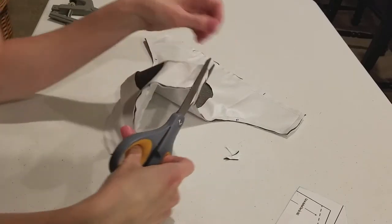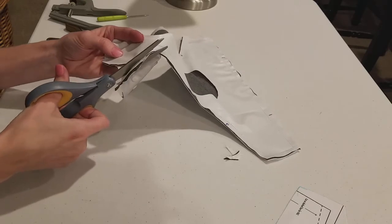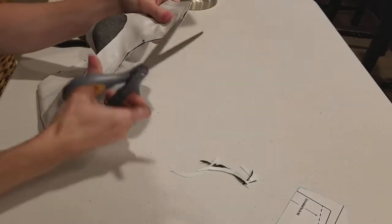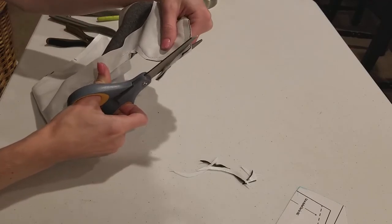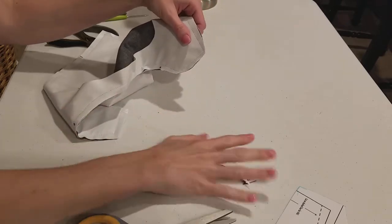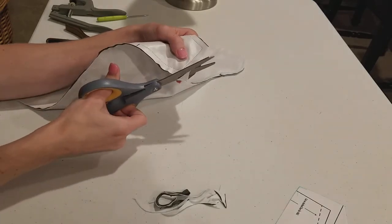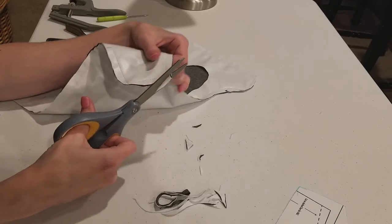So I'm going to cut on all of the outside turns, till about 1/8 of an inch from the seam. Anytime there's an outside curve, just cut that off. With a corner this sharp, you pretty much just have to cut at an angle. I typically like to cut it back just a little bit further. But